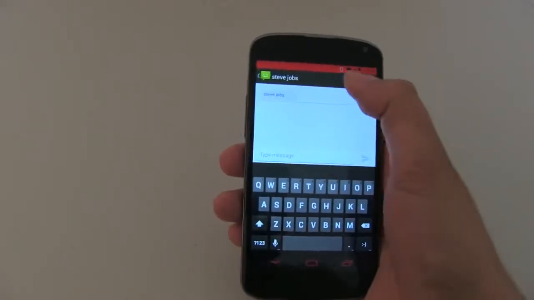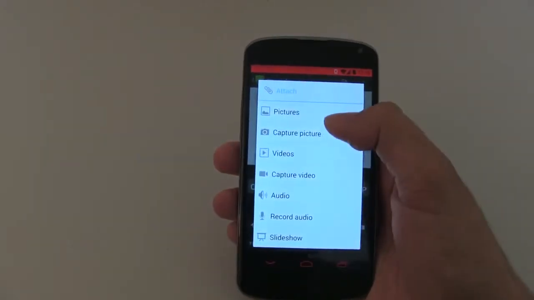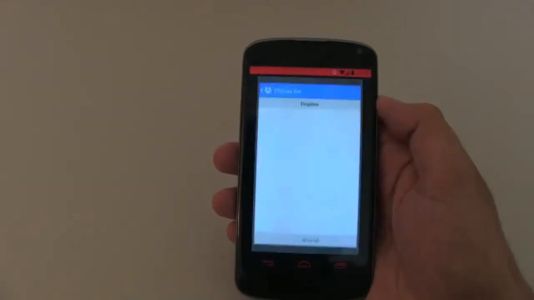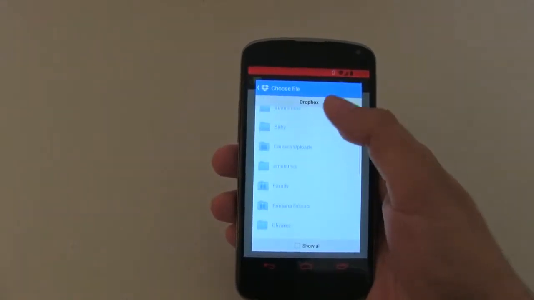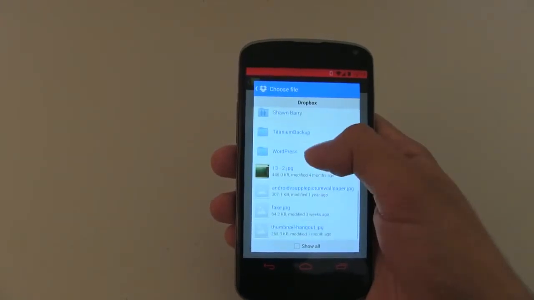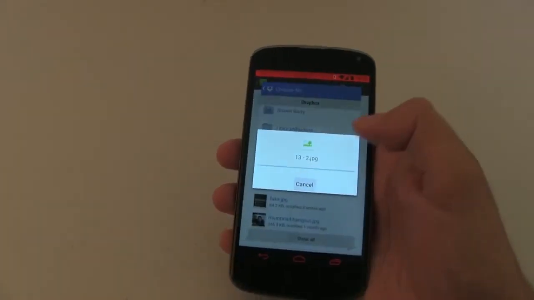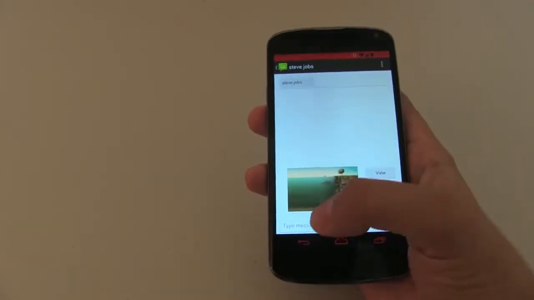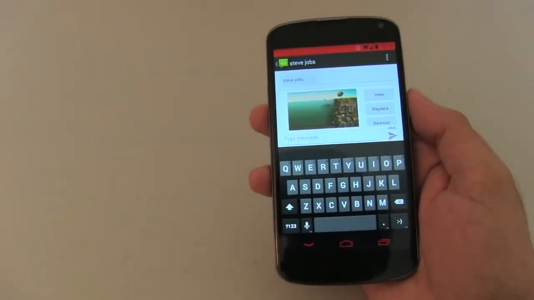So the number one thing on my list is app integration. Sure, this may not seem important to you, but app integration is very powerful in Android. As a matter of fact, anytime you download an app, it integrates easily with other applications. For example, if I wanted to send a text message to a friend of mine and I wanted to grab a picture from my Dropbox, no problem. Dropbox integrates with all of the other applications, including the system apps.